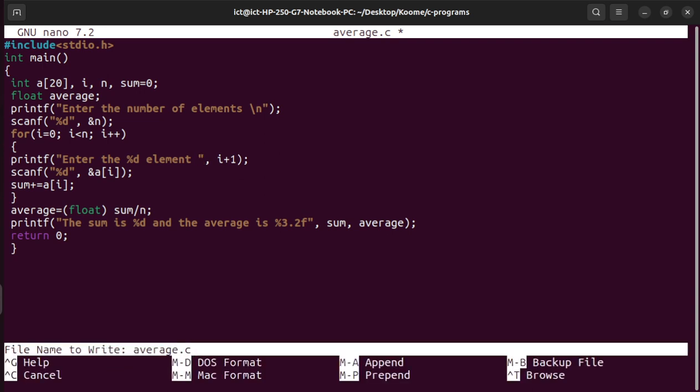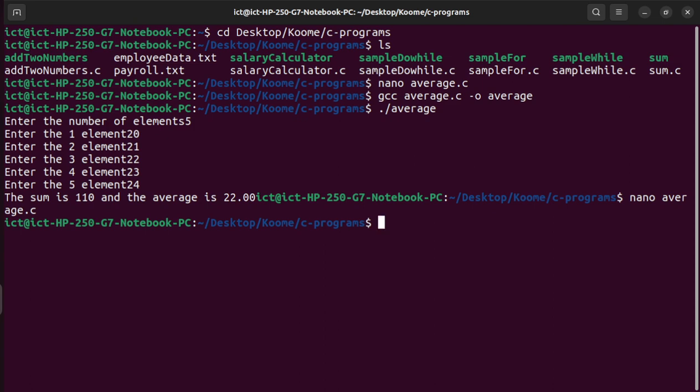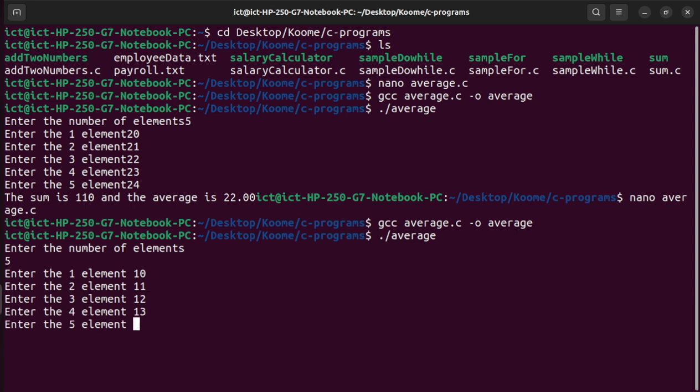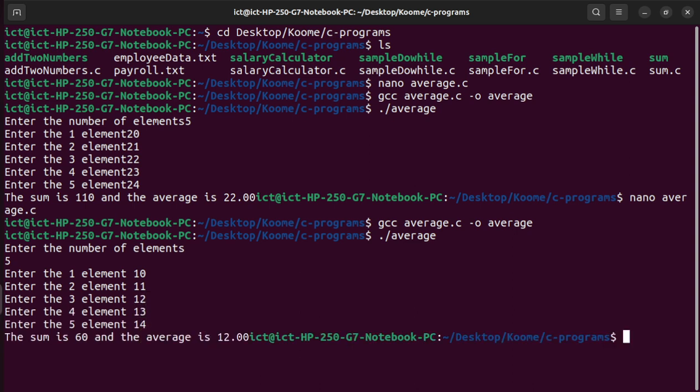Let's save. I'll recompile. Enter the number of elements, 5. Enter element 1, 10, 11, 12, 13, 14. Okay, and you can see the sum is 60 and the average is